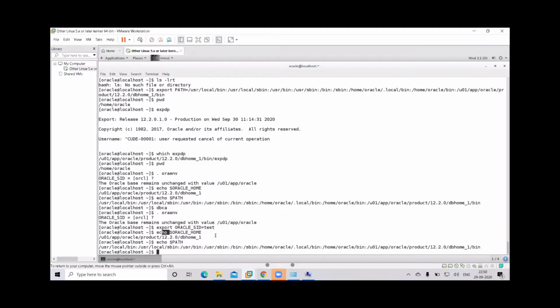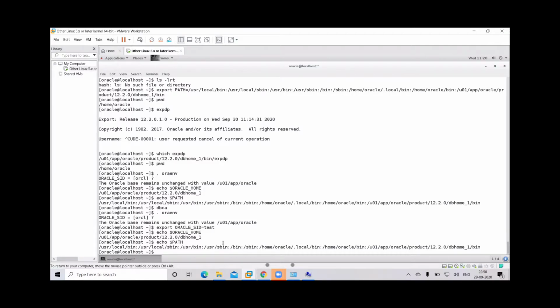Okay. So either you can set it this way, set ORACLE_SID to some database and rewrite with export, set the value to test, and the remaining you can leave. Or else you have to set all three paths completely using export. So once you do that, start up nomount, create the database, run the two scripts, and the final thing is you have to add the